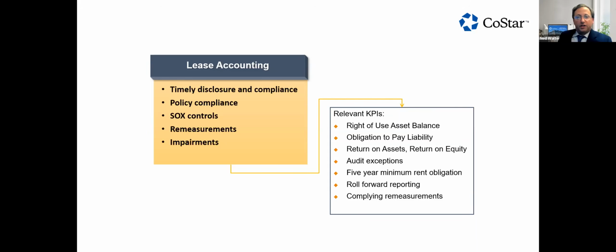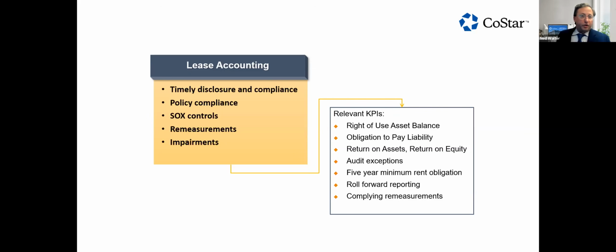But as you're thinking about lease accounting, it's really about timely close and ensuring that you can pass audit and do it very efficiently. What we're seeing is that this development of lease accounting, while it hasn't necessarily changed deal making and decisions around lease terms as much as people thought, some of that may be obfuscated because of COVID over the last few years. It still is causing a lot of work internally